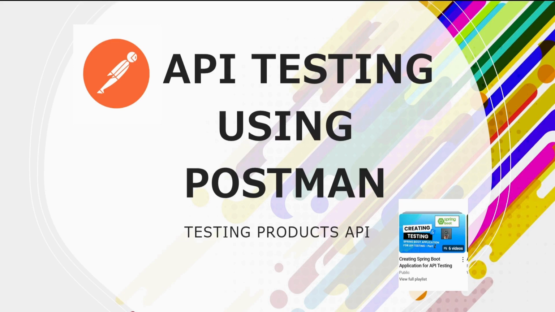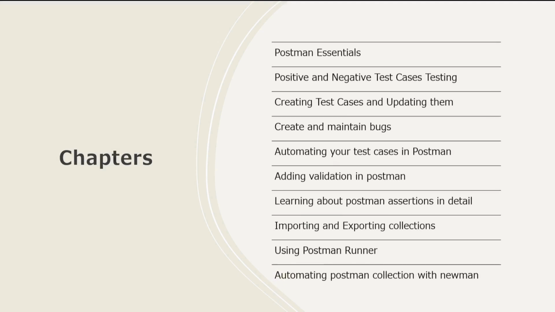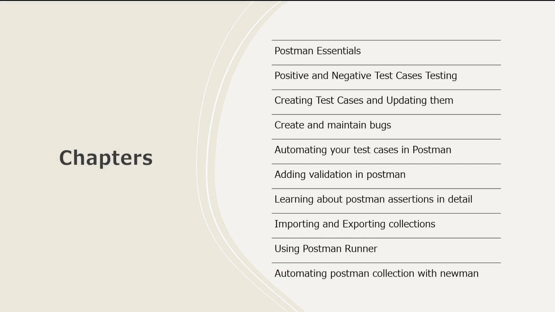So we will be doing this testing in different chapters. In this whole series, there will be different chapters in which you will know the ins and outs of Postman and the different testing criteria you use while doing API testing. We will cover the essentials of Postman, the positive and negative test cases, what your approach will be to doing that, and how you can update your test cases while doing the API testing,